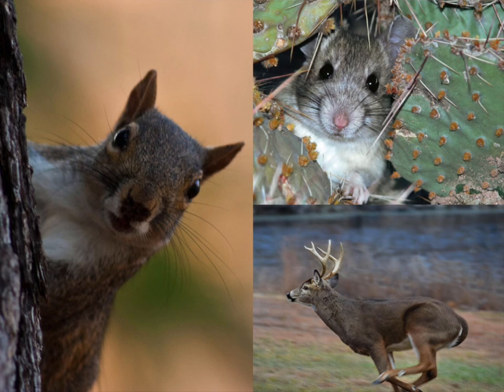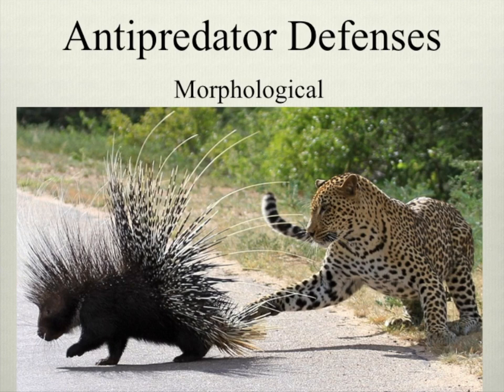Another major impacting factor are all the indirect effects, also known as fear effects. And these are all the effects that predators have on prey outside of direct consumption. And they're really important because the fear of predators will induce these costly anti-predator defenses. These anti-predator defenses are any way that an organism protects itself from potential predation.